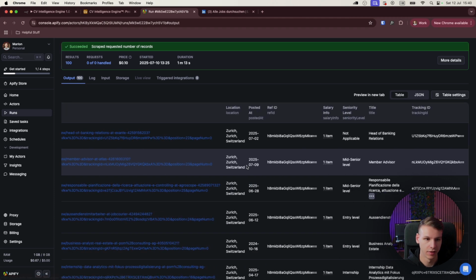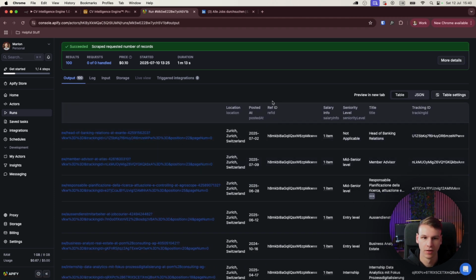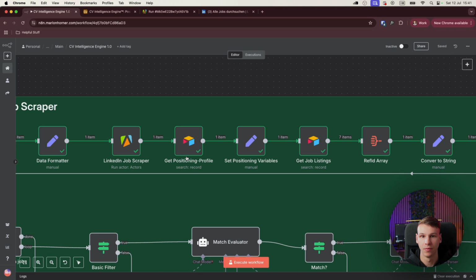Also the link, and also the ref ID. This is also important so that we don't scrape the same job listing multiple times. So after we scraped the jobs from LinkedIn via Apify, what I do is get the positioning profile from